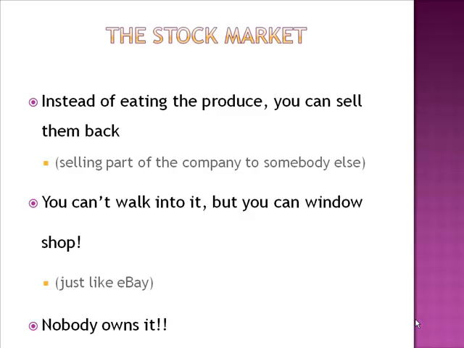So like I will be showing in a later video, I can set up my window shop, which would be my watch list, and I can buy and sell, and I can look at the produce and look at the prices, but I can't walk into it. I can't put on the stock and try it and walk around with it for a while. So like eBay, all I have is a window to operate with, and similarly, nobody owns this particular shop at all. So in this shop, what exactly can we buy? Well,